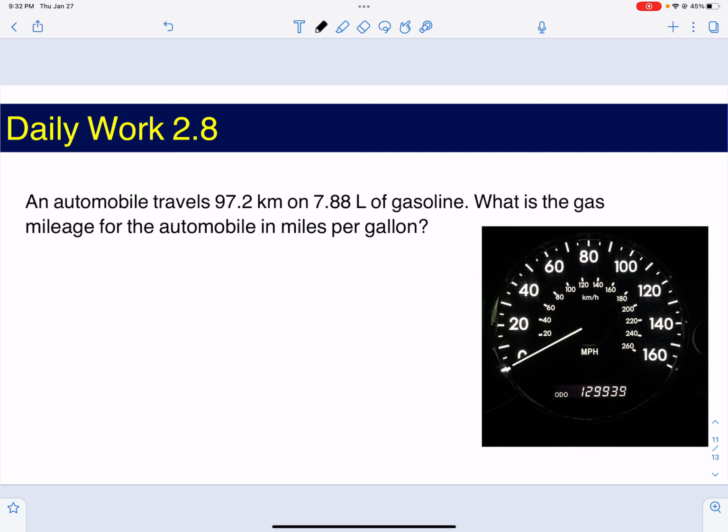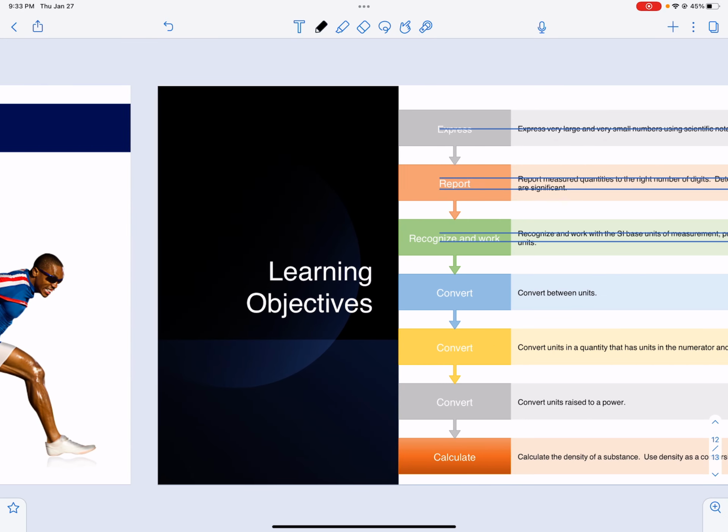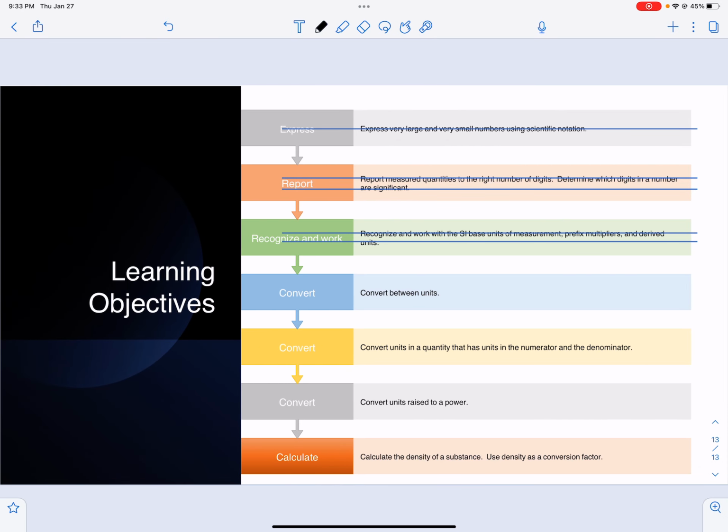So that's yours. So this is your daily work. So this is one with two values. Remember that this one probably looks like a fraction. Here's your next daily work. And by the time you finish doing all that, we could say now that we cover how to convert units